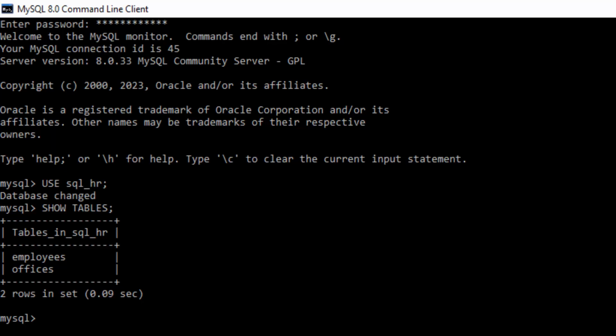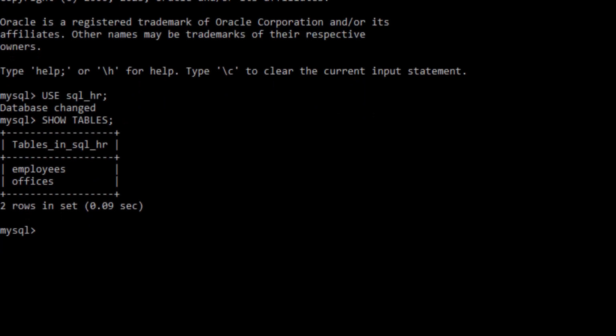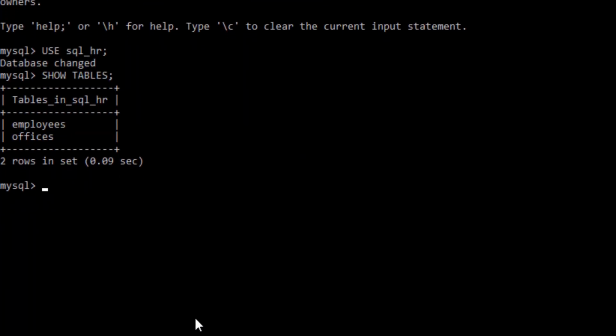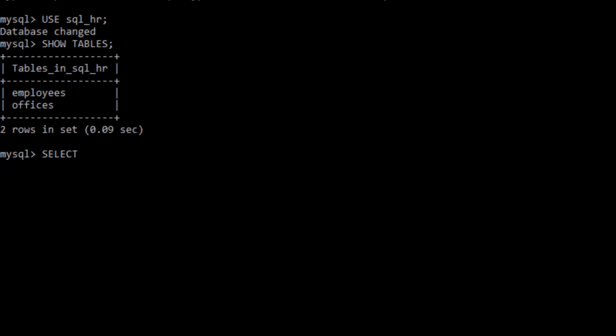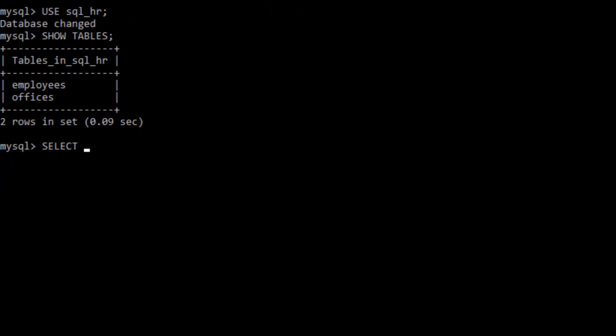To begin, let's understand the basic syntax of the SELECT statement. The SELECT statement is used to retrieve data from a database table or multiple tables. The SELECT statement begins with the keyword SELECT, followed by the columns that we want to retrieve from the table. We can specify one or multiple columns, separating them with commas. For example, if we want to retrieve the employee IDs and first names from the employees table, our SELECT statement will look like this. SELECT keyword followed by the column names, which are employee_ID,